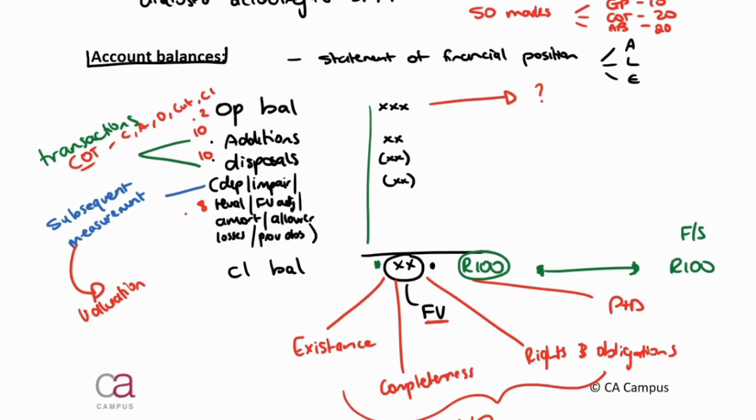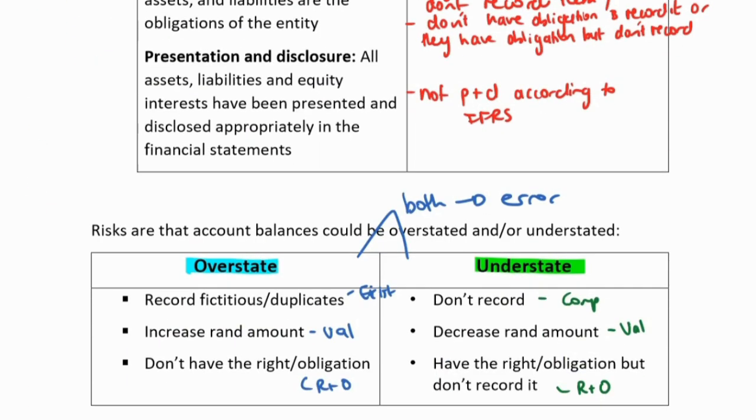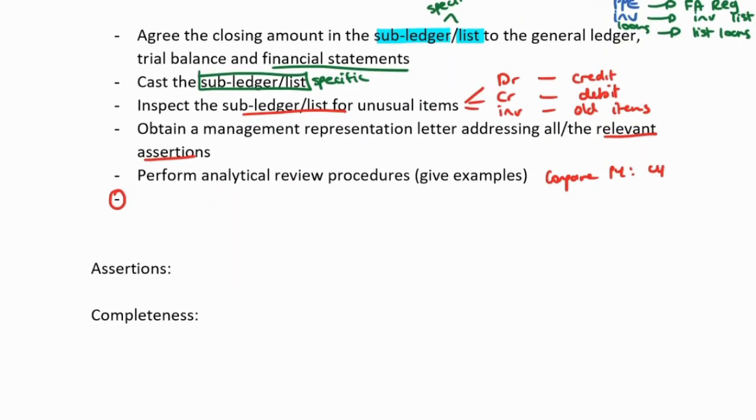So what is different in an account balance to your class of transactions? The difference is that there's an opening. So you have to do a procedure to make sure that that opening balance is correct. So you would now go and agree the opening balance